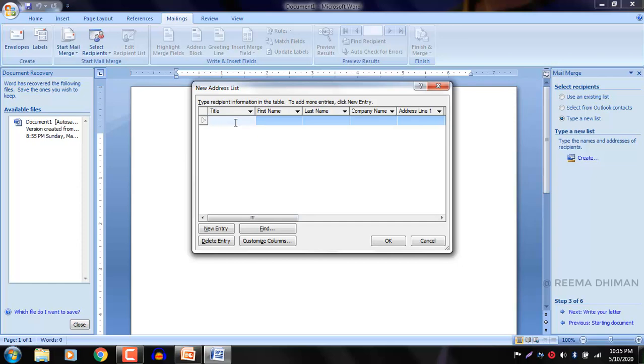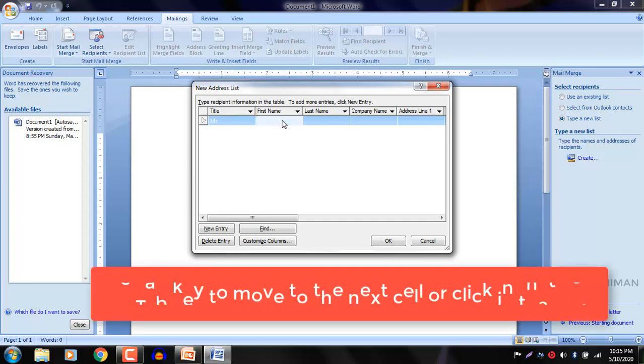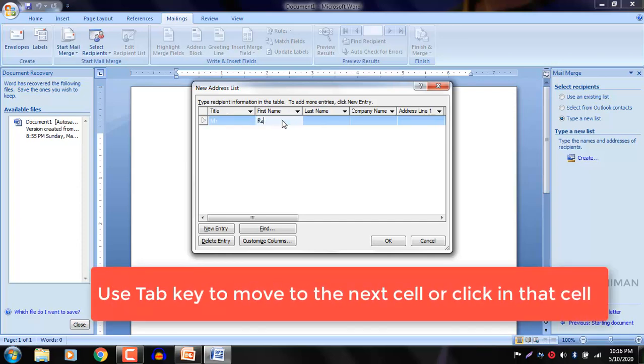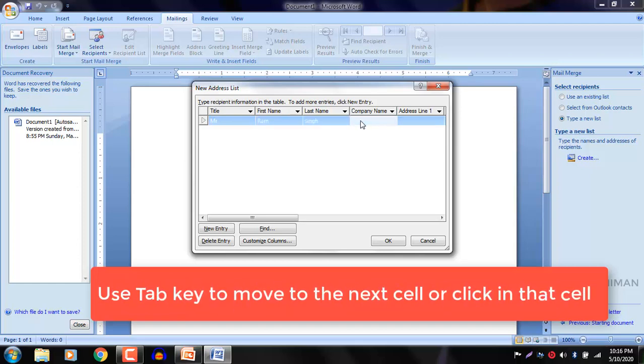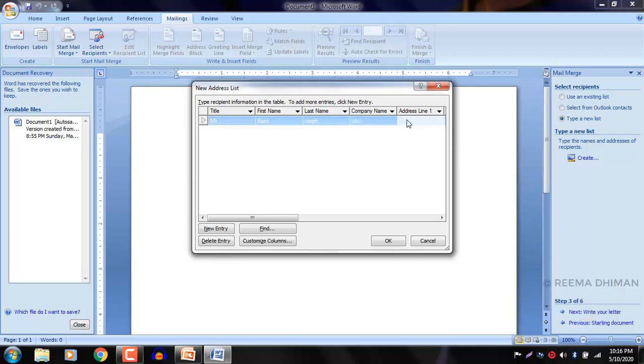Like in title, we will write Mr. First name we can say Ram Singh, company for example ABC. Address line we can write any address, street number 2.